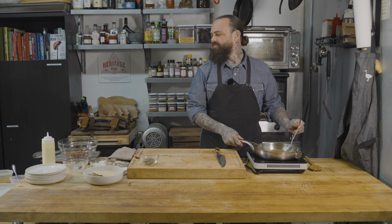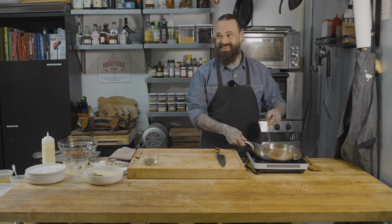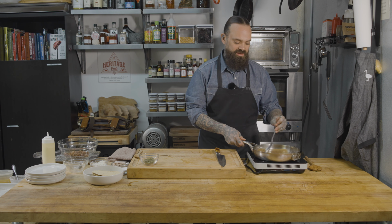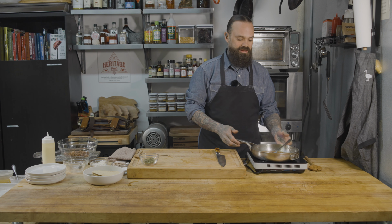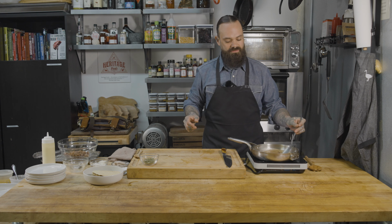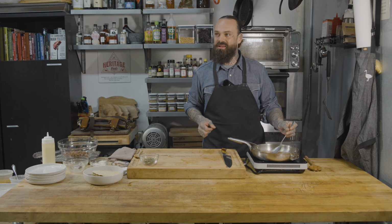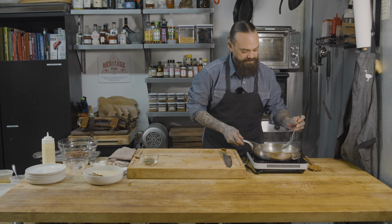So that amount was probably a lot less. We're going to add all of the stock, so it would be like a quart, and then you're going to cook that down for probably about 45 minutes, again, depending on how flat your surface is, the power that you're using, and if you're going to be good and stay there and stir it, or if you want to go off and not pay attention, then maybe it's going to take a little longer. So yeah,